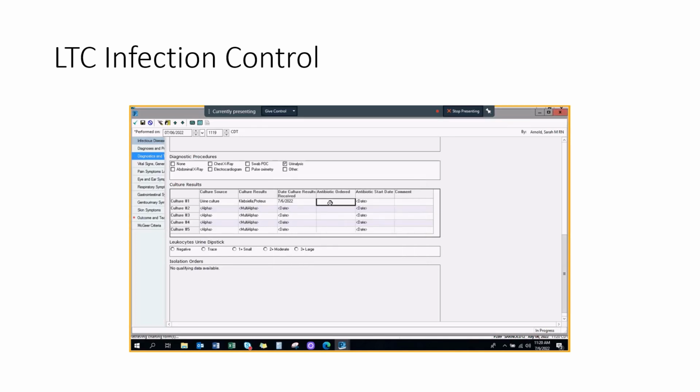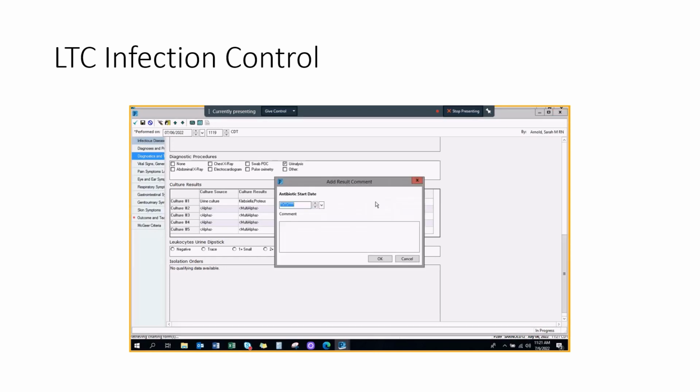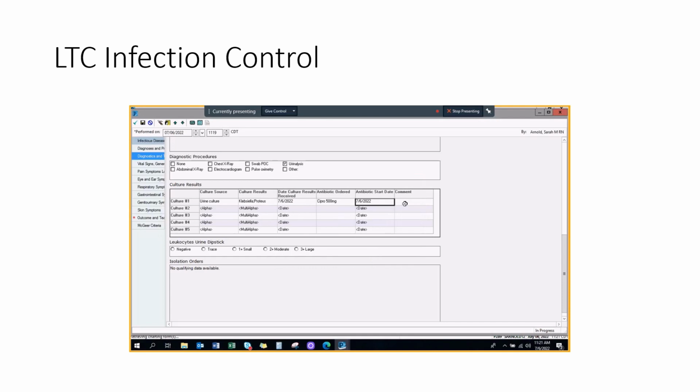And then I go to antibiotic ordered, and I just type in my antibiotic and the dosage. The next column is going to be antibiotic start date, which is today. And then you have a comment section if you would need it. Because this form is going to fire when any antibiotic is entered,